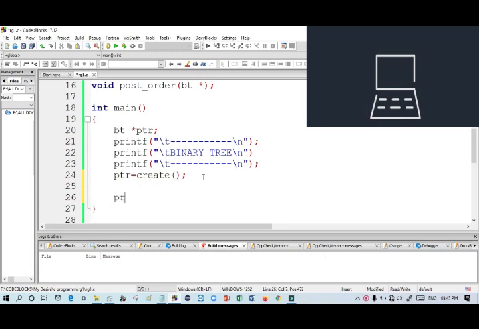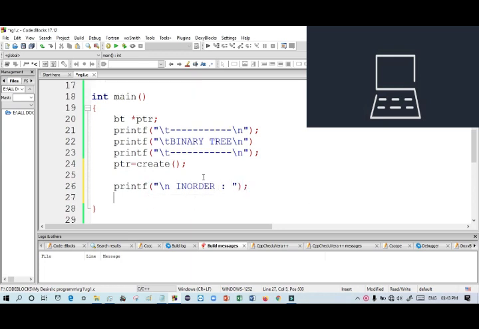So at first use printf, it will be in order. In order it will be this type. So then use pre-order, in order, then you have to pass BT.